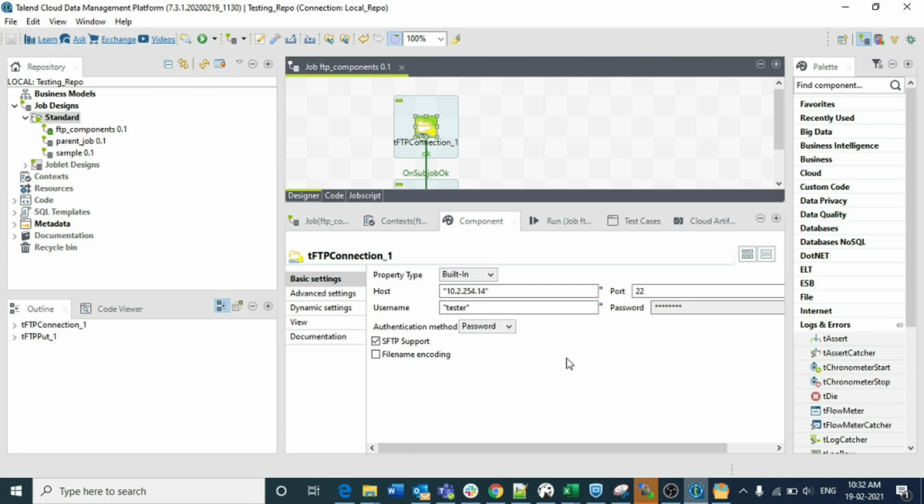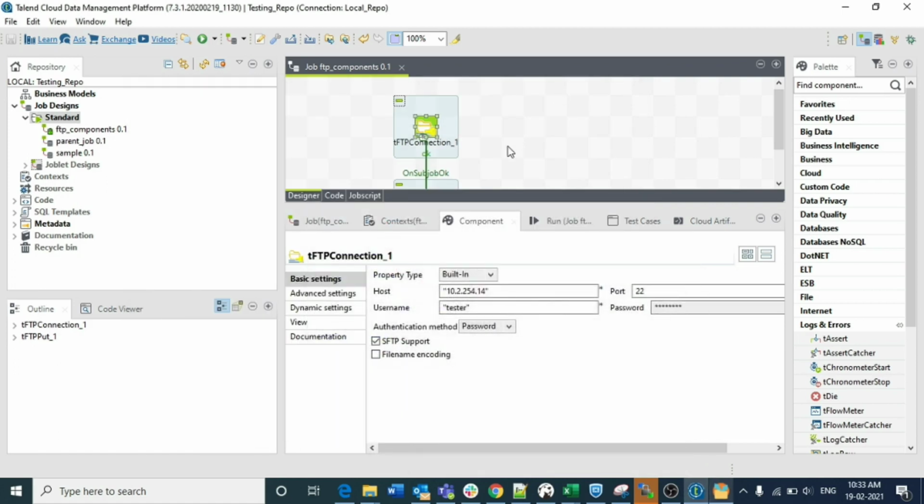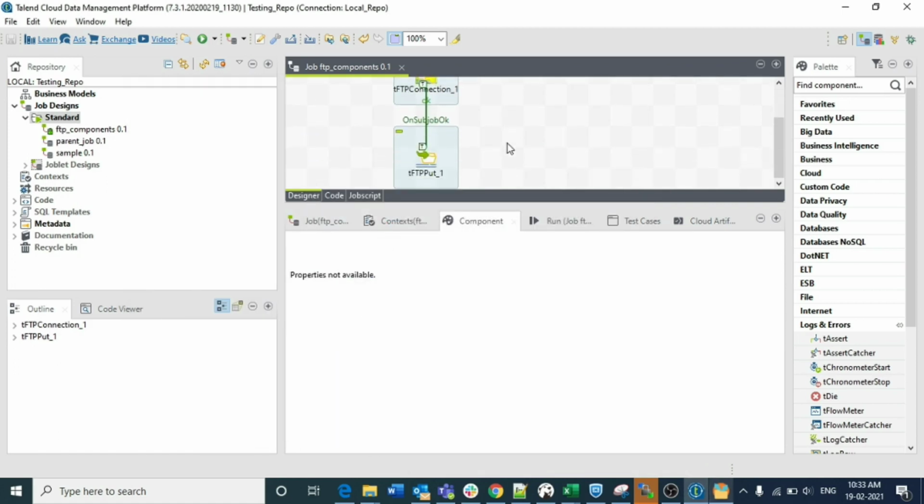I went through nearly 5 to 6 FTP applications, but I didn't find anything feasible. Finally, yesterday I found this server, I tried it, and it is useful. So this is how you transfer the files from the local system to the FTP side.